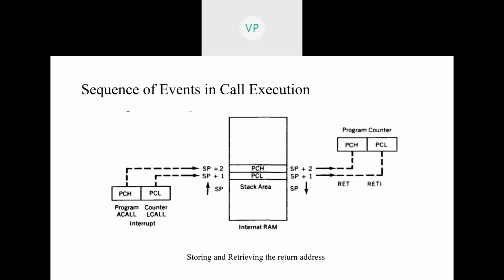We have a stack area, and a stack pointer is used to point to the stack memory locations. The stack is initialized to some address and is always stored over the data area. Now the stack pointer holds one address, and we know how the push and pop operations work.